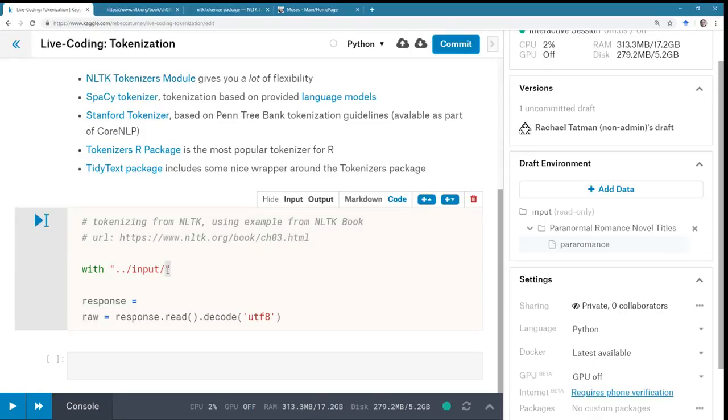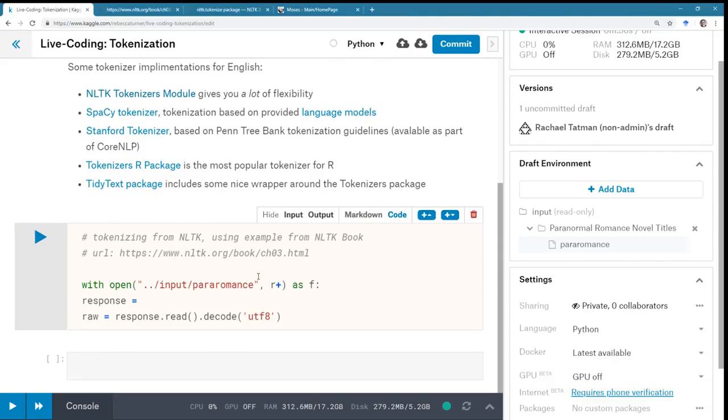So with open, and I'm going to give it the file path, which, oh, that's what it is. And that's just a text file. And I would just want to read it as file.